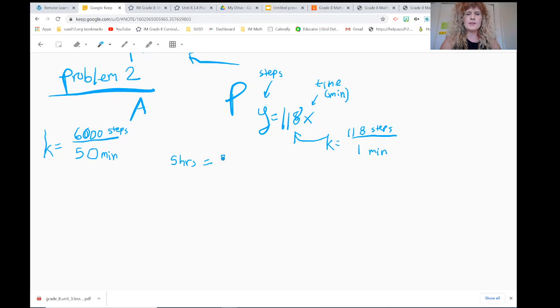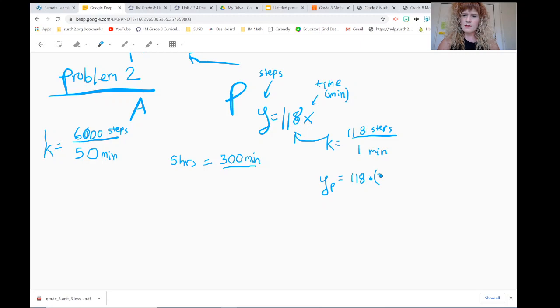5 times 60. 5 times 6 is 30. So 5 times 60 is 300. Okay, that's going to be 300 minutes. So now we know the time, and we can enter that into the equation. So for Priya, how many steps does she walk in 300 minutes? It's going to be 118